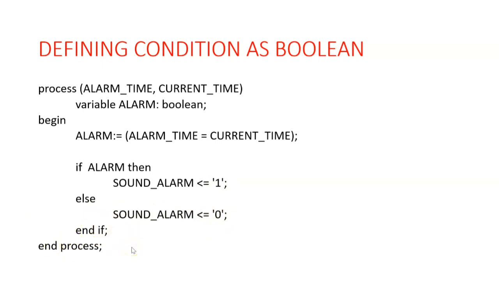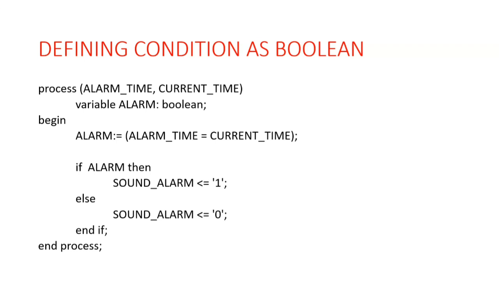So what we have done here is we have defined a variable as Boolean. The name of that variable we have taken as alarm, and based on this Boolean variable, your if statement is working. You are not defining any conditions inside the if statement. There is no condition here, you are just putting this Boolean variable. We know that Boolean means it is either true or false. That means it is either 1 or 0.